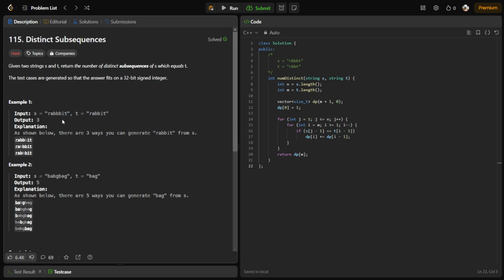So we have rabbit here with 3 Bs, and for string T, it will be rabbit with 2 Bs. So the output is 3 because we can create 3 rabbits by excluding any one of the Bs, right? So here I have an example,